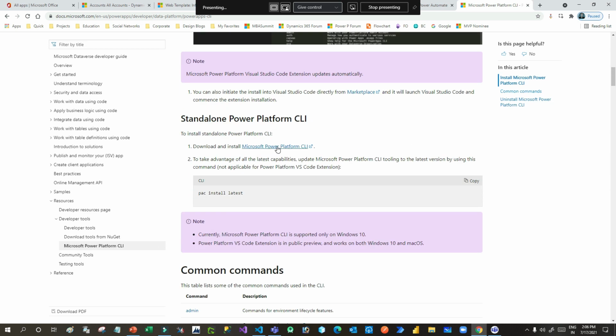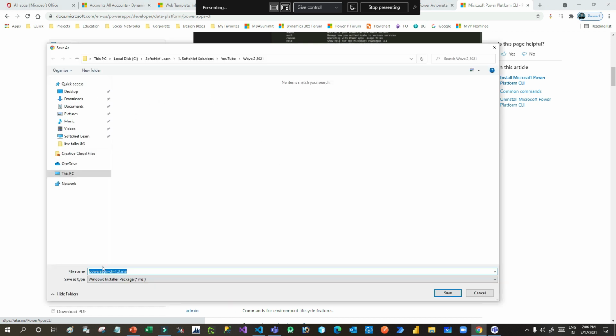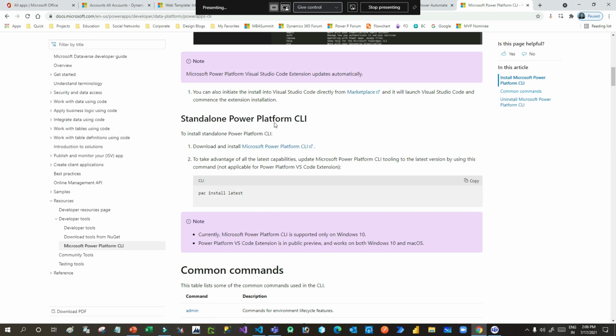So you can go here, you have to download and install the latest version. Can you see that it is trying to install something? I have already installed it, but you have to install it on your machine. Anyway, this is not in scope.